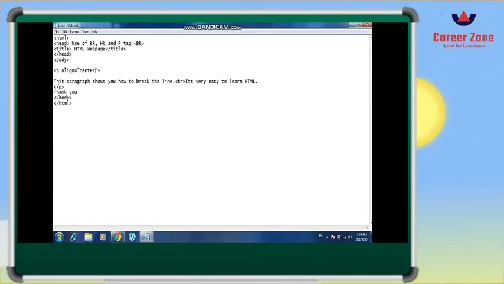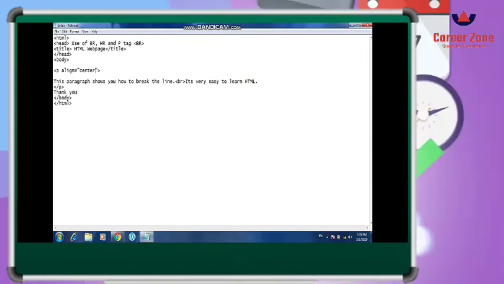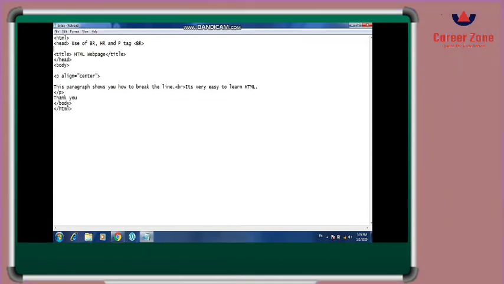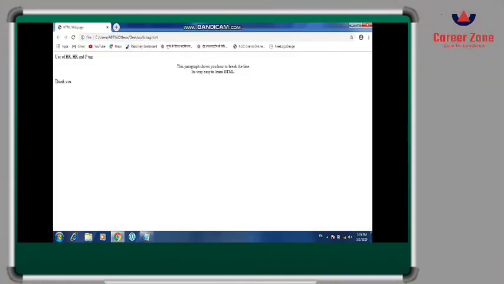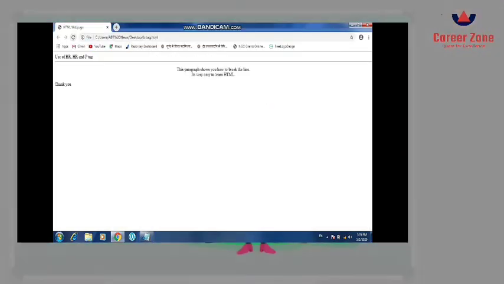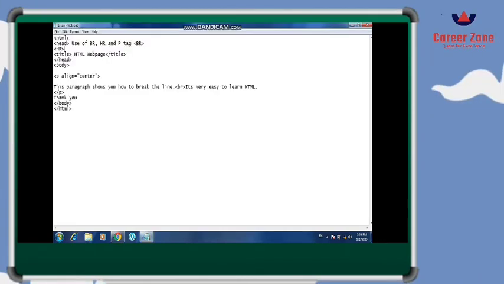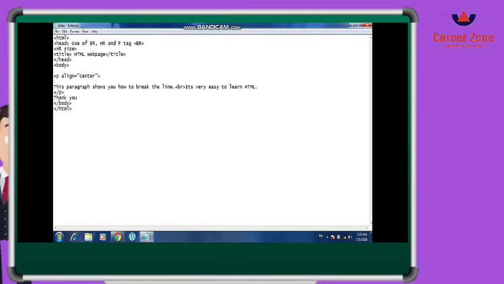So we have understood the difference between BR and the P tag. Now let us begin with the HR tag usage. HR stands for horizontal rule. It is just a kind of line margin which you draw with the help of your scale in your copy. So it will also draw a line margin. As it is an empty tag, we can write it anywhere. As I have written HR after the heading, it has given the horizontal rule.